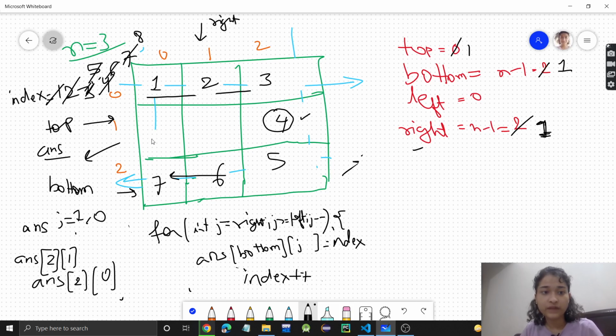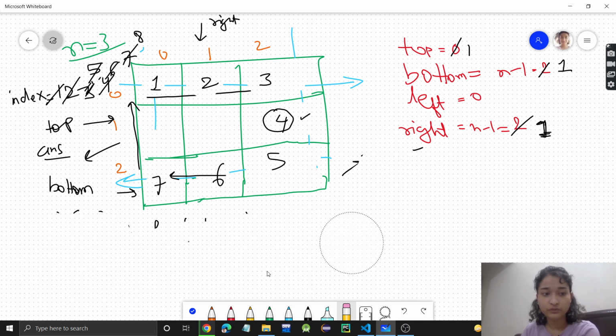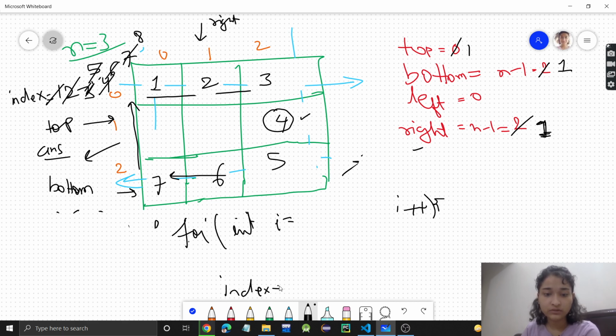Now we'll come here. So we have to fill this one. So here what will be there? See, now we have to fill this column. This is the first column, right? So this first column is fixed. So again, another for loop to fill it. In this case, the first column is fixed, so for int, row will change, right? So row will change. I is equal to something, I plus plus, and here index plus plus we will do, and answer of I will be there, and the last column, this first column is what, left, right? So left is equal to index we will store.